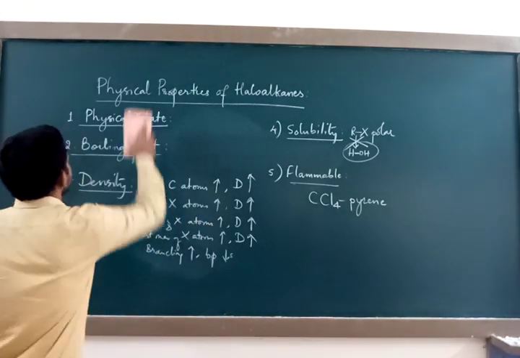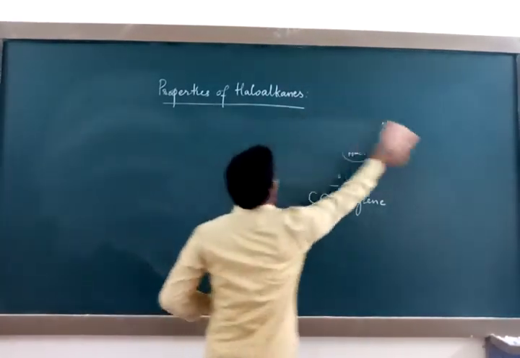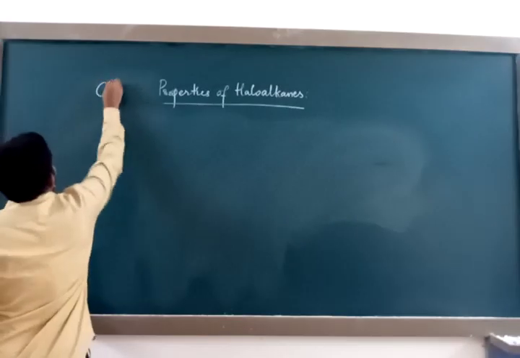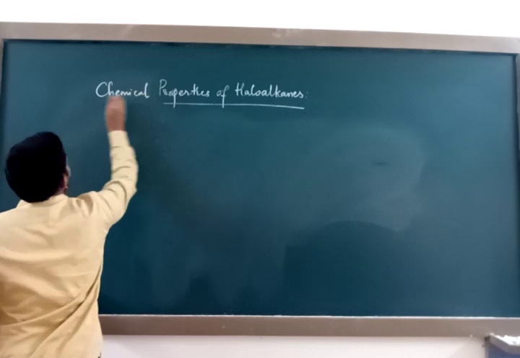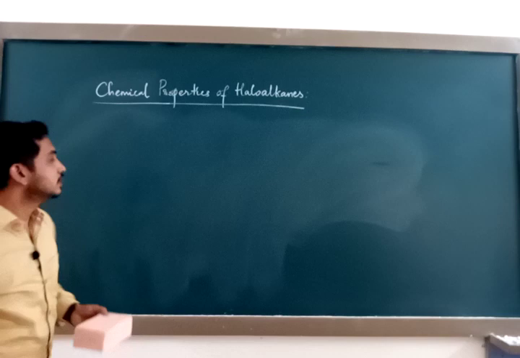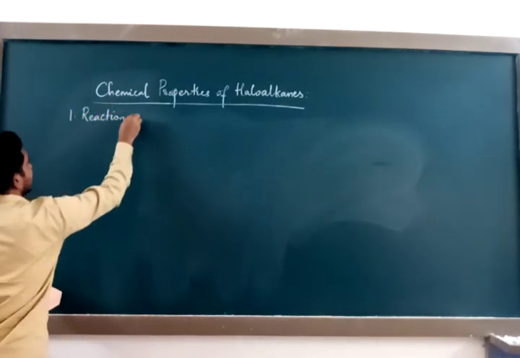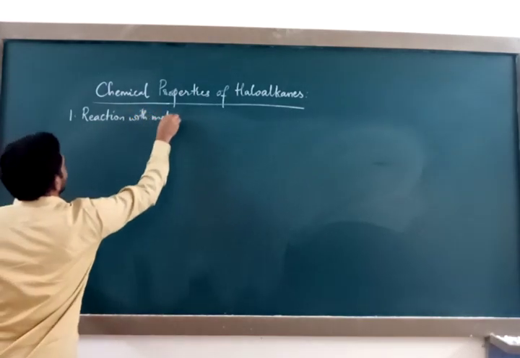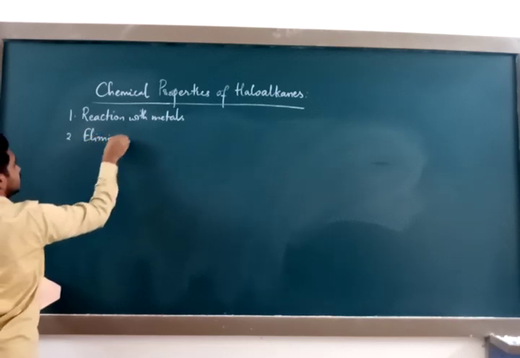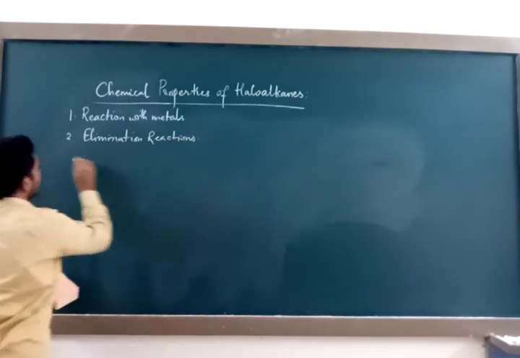Now let us see their chemical properties. Chemical properties of haloalkanes. Haloalkanes show several chemical properties. They are divided into 3 headings. The first heading is their reaction with metals. The second is elimination reactions. And the third is